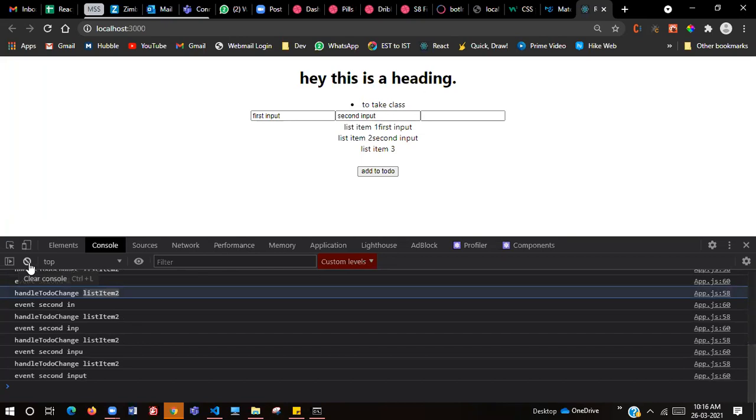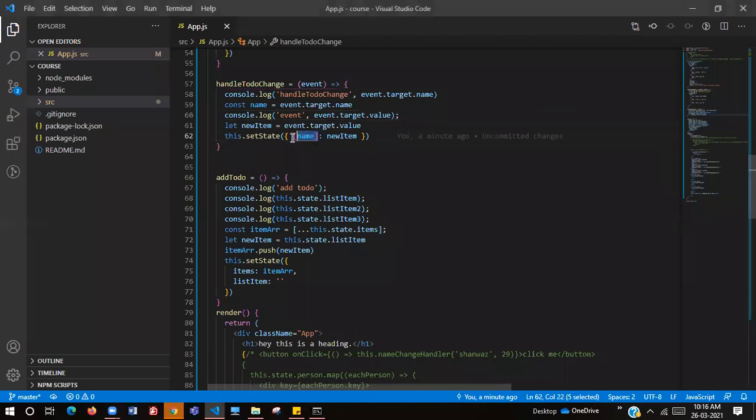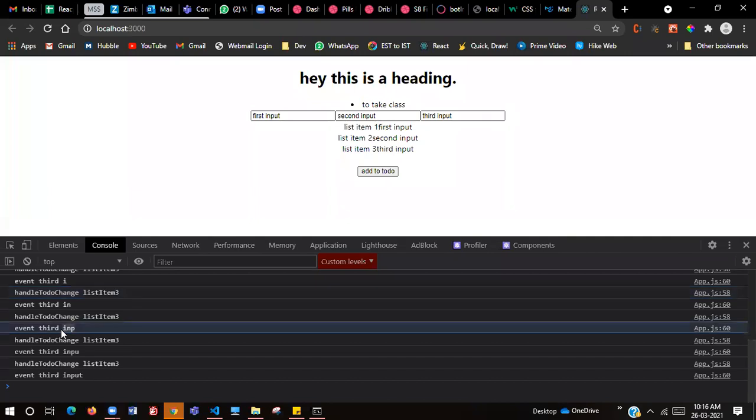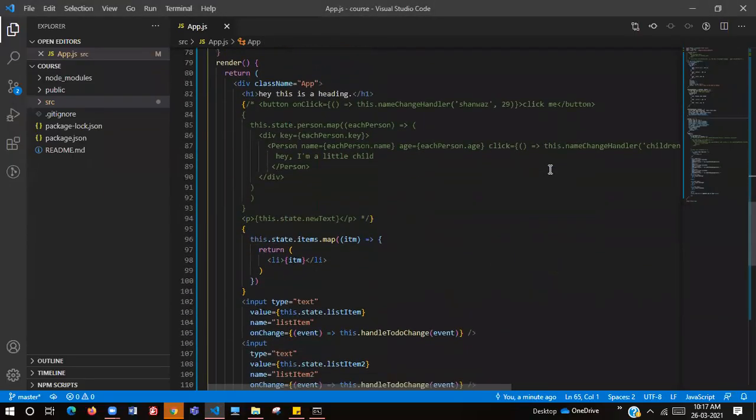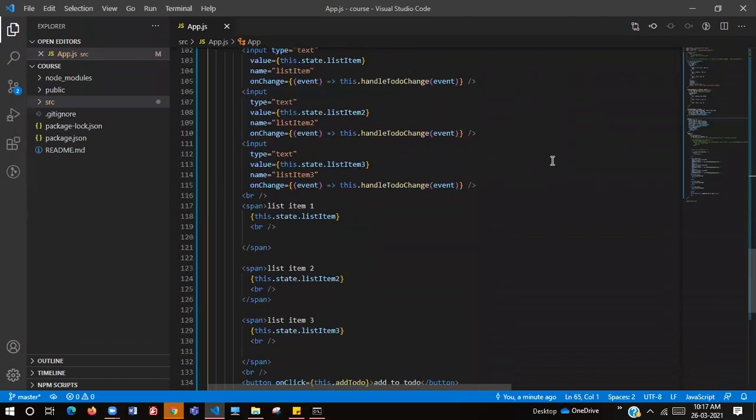We are getting that state and setting that name as this one, and we are setting the input value that we are typing. Okay, clear until now? Yes, Harish. So this is how we manage multiple inputs.